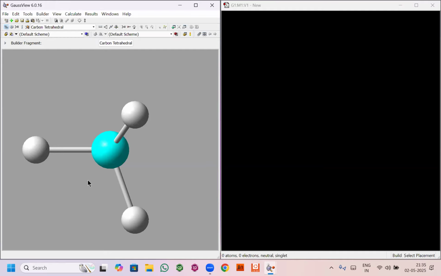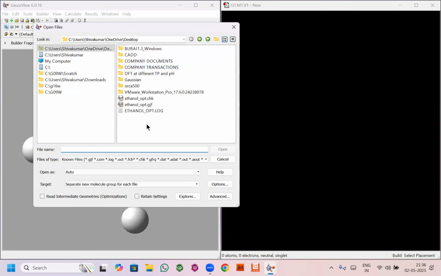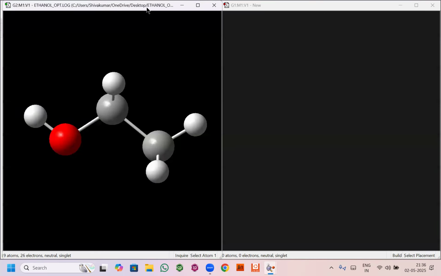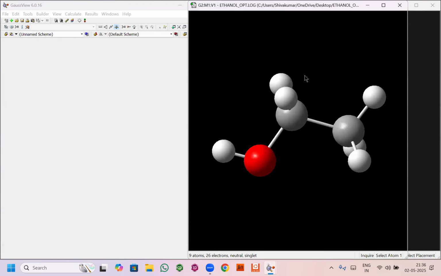So how to upload? Either you can click on the File menu and go to Open, otherwise directly click on this Open icon. Then go to the folder where your log file is present. In my case, it is on the desktop. So I will select this one and click Open. It will open the optimized structure of ethanol. Okay. So once you open the structure,